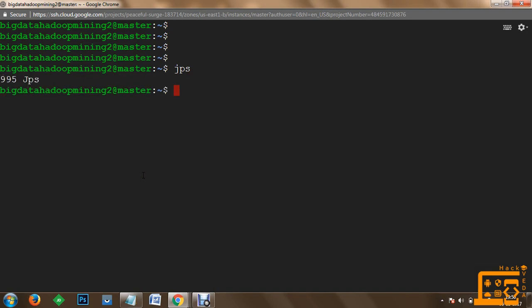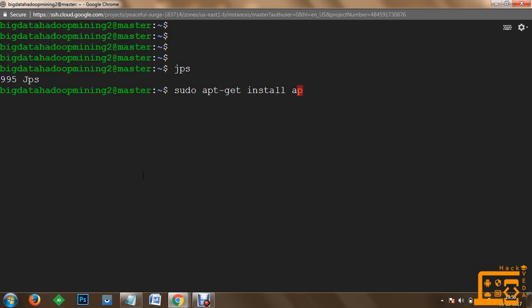At the moment our data node and name node are not running. We're going to start them after deployment of the project. Once you're done here, you have to install a few software packages within your master machine, and you can quickly do that via sudo apt-get install.